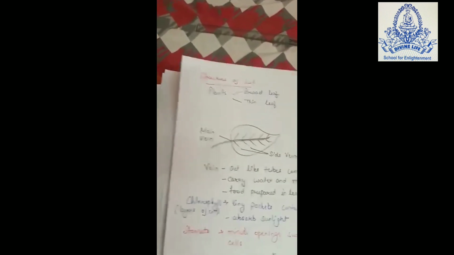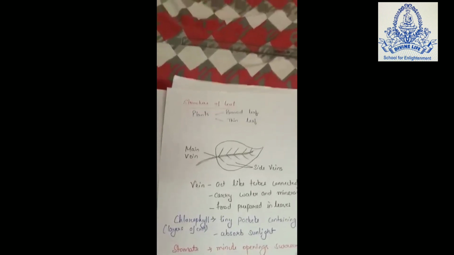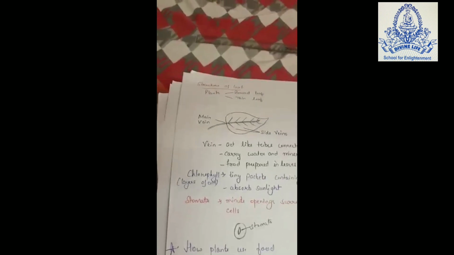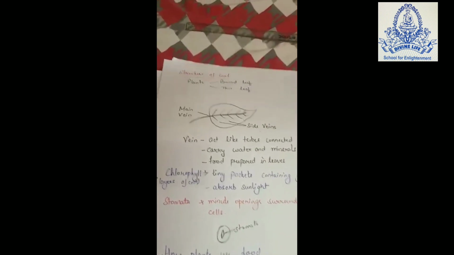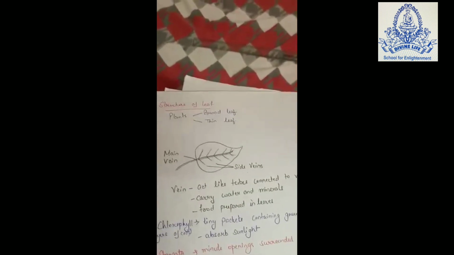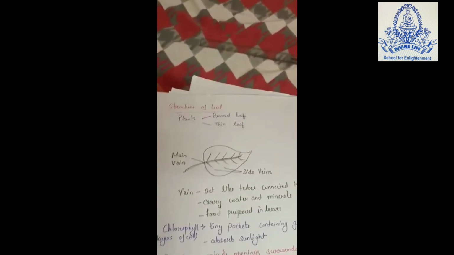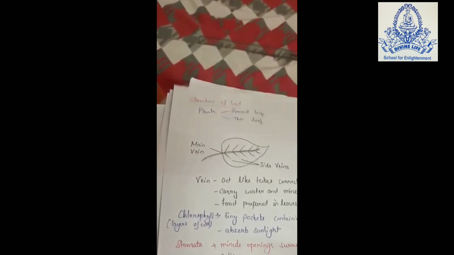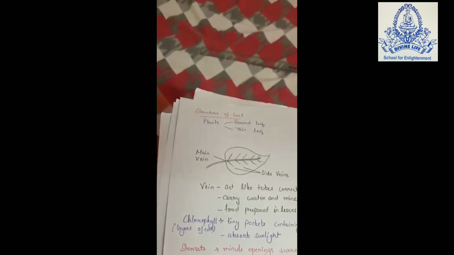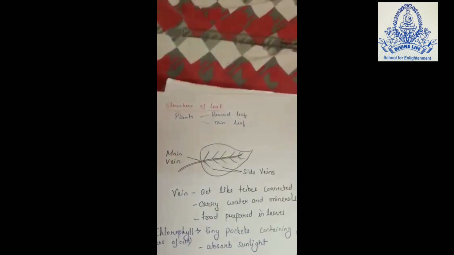Now, as we have done, plants prepare their food with the help of water, chlorophyll, sunlight and carbon dioxide. What is the use of this food that is prepared by the plant? How do plants use up this food? The plants can use this food to produce new cells. That means the cells that are produced to grow are produced from this food itself. They can repair their old cells, and they can produce new cells from this food.